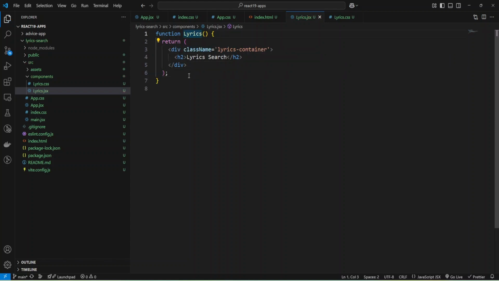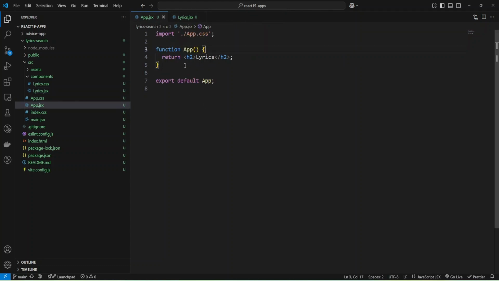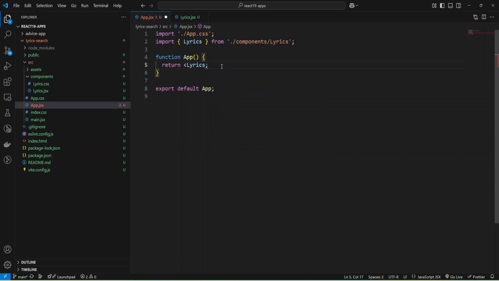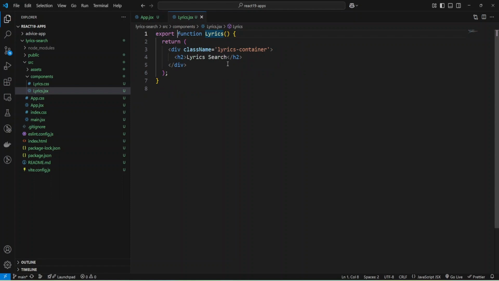Okay, and now I can export my function, and let me hide all these CSS files. And inside my App.jsx, I can import and use my component. And let me add Lyrics. Okay, and as you can see, the import was added, and I can close the tag, and let's check. And as you can see, we have the Lyrics Search header, and let's add some functionality.